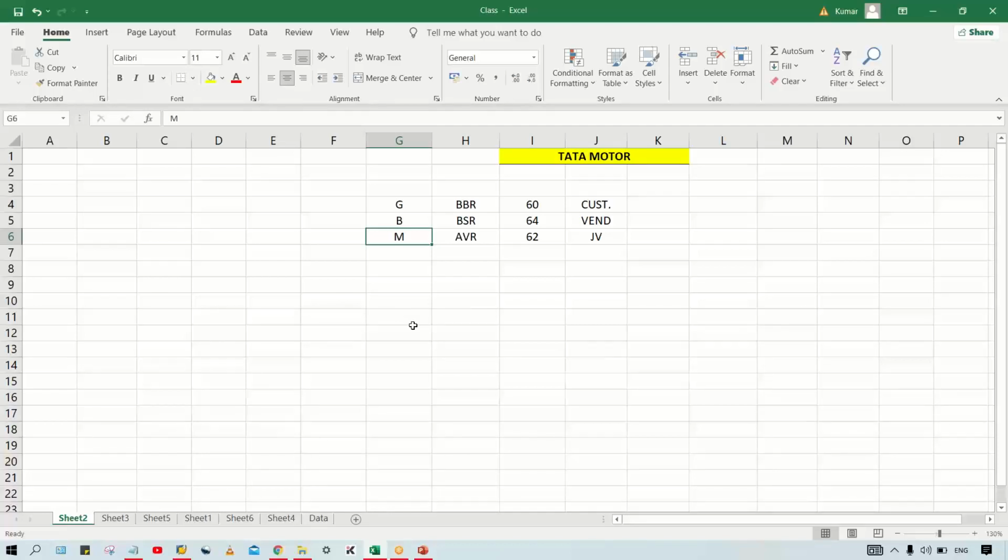Now, generally what happens, forget about standard right now, I'll tell you. When we post a JV, it is going to be posted against document type SA. When you post vendor-related transactions, let's suppose a vendor payment itself, then it is going to be posted against the KZ document type. When it is customer-related, then it is going to be posted against